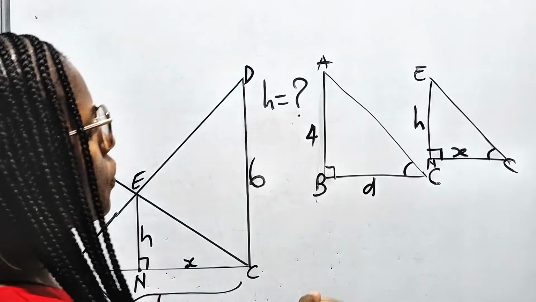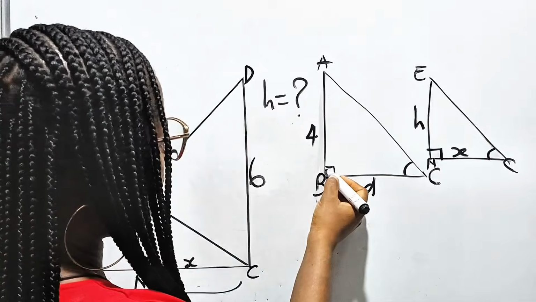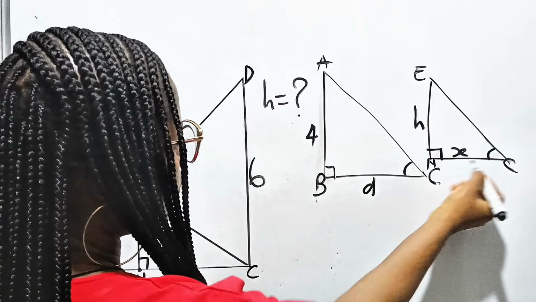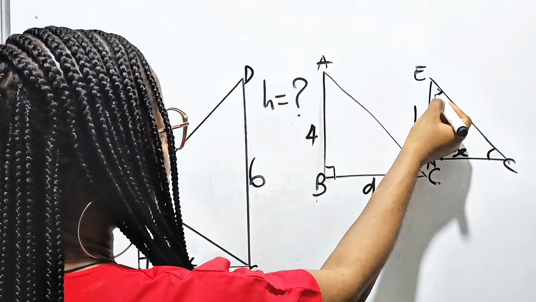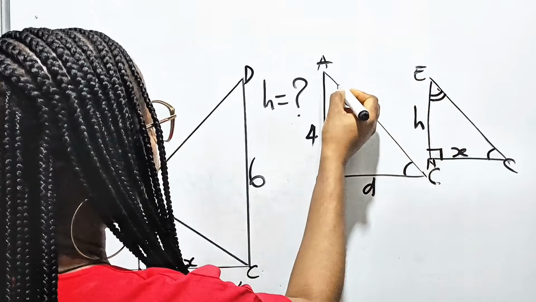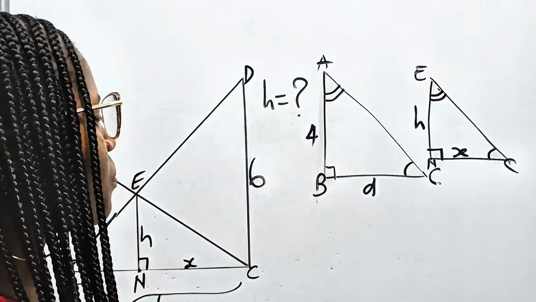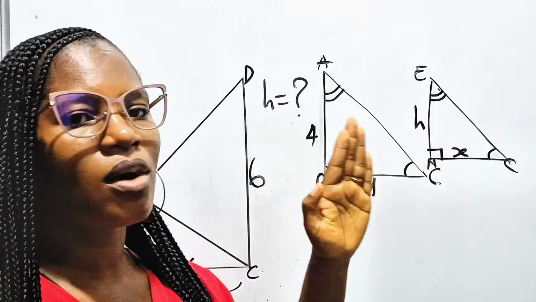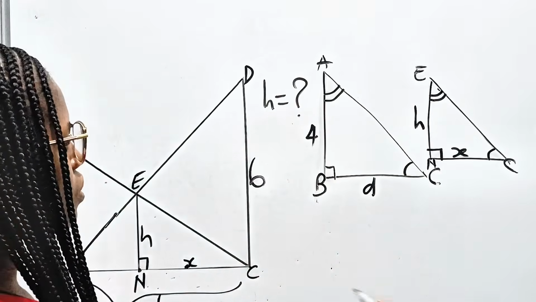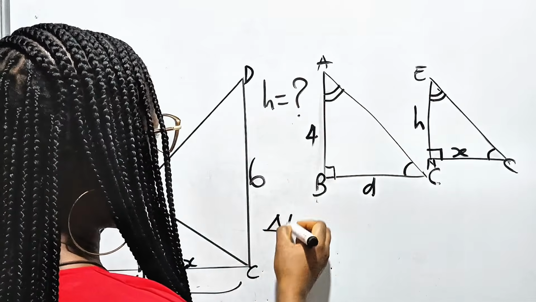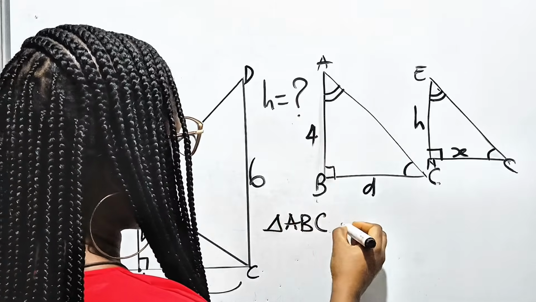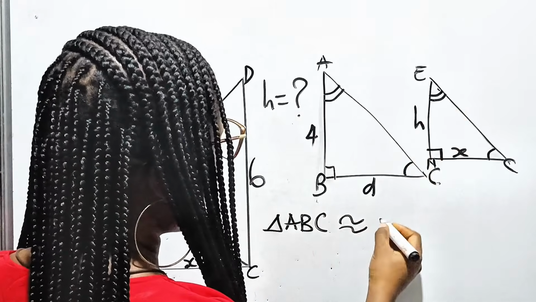Now, you will notice that if this angle is equal to this angle and this angle is equal to this angle, then definitely this angle here, angle E, will be equal to angle A, right? Yes. And that simply means that these two triangles are similar. So we've come to the conclusion that triangle ABC is similar to triangle